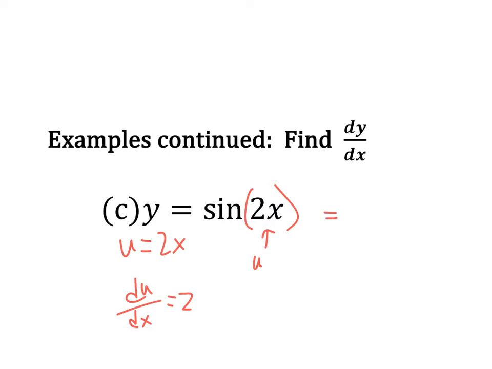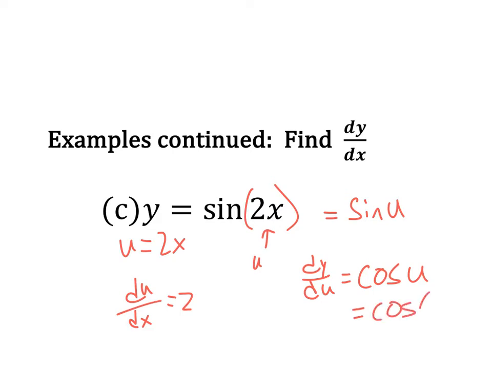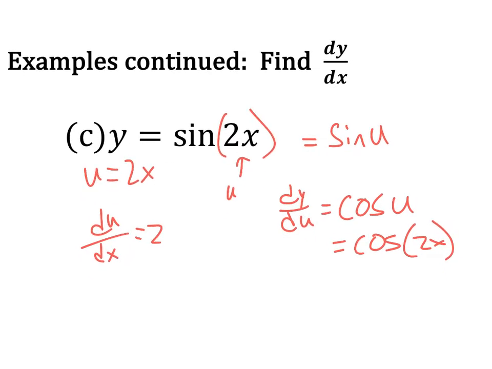And we're saying, well, then this whole thing is just sine of u. And so dy du is, derivative of sine is cosine of u. Or we can rewrite this as the cosine of whatever u is, which is 2x. Now, we won't always write these steps here, but maybe I'll do it the first couple times just to help